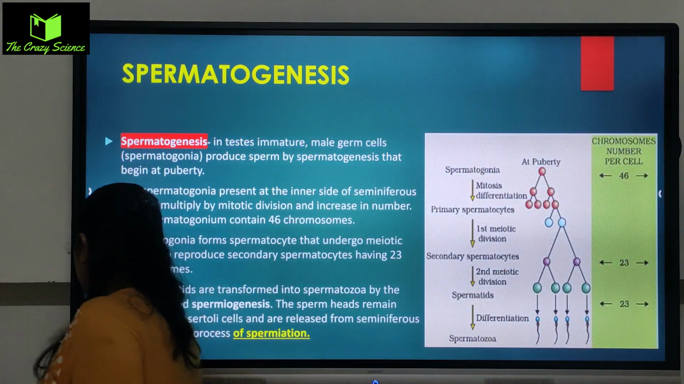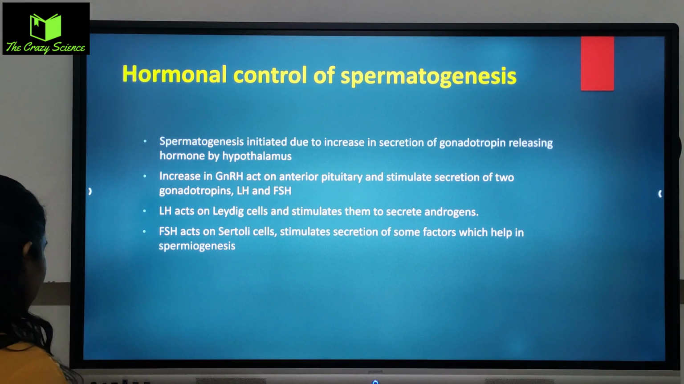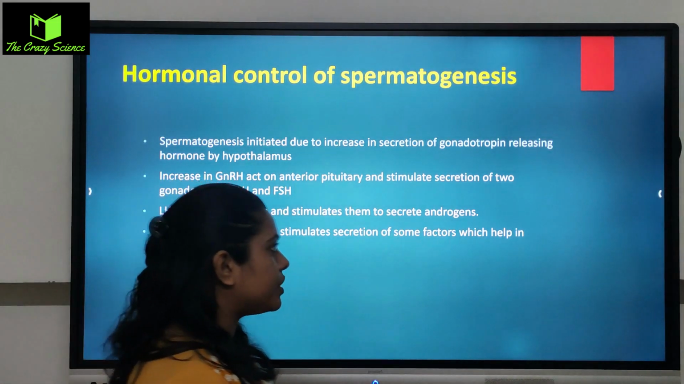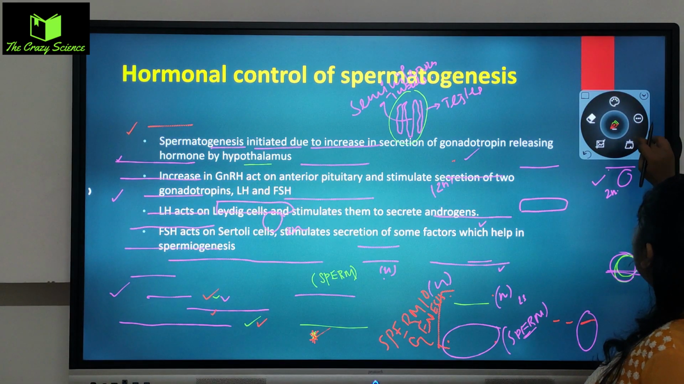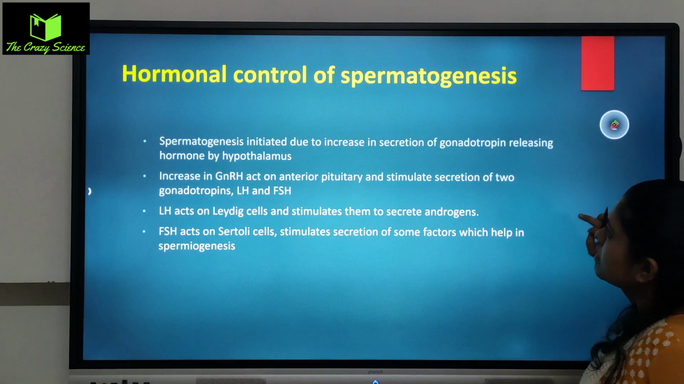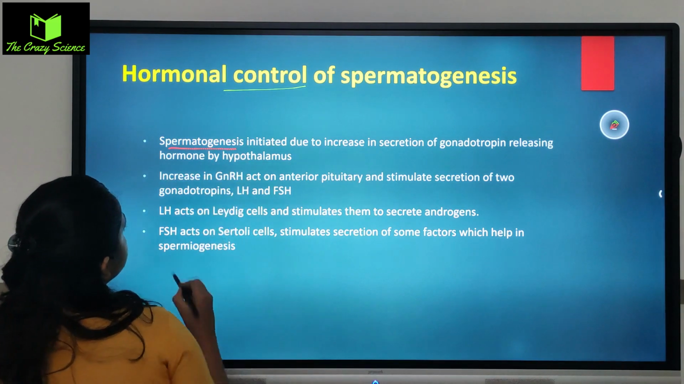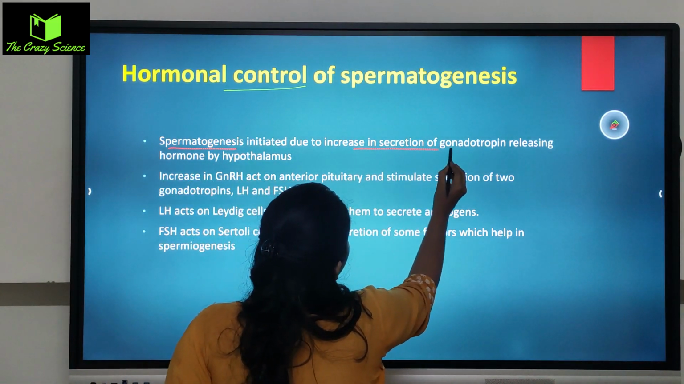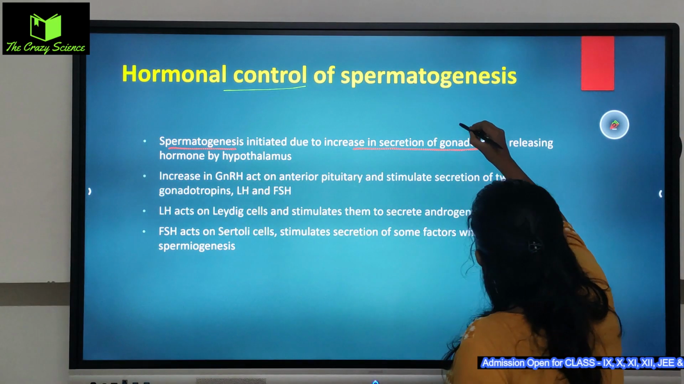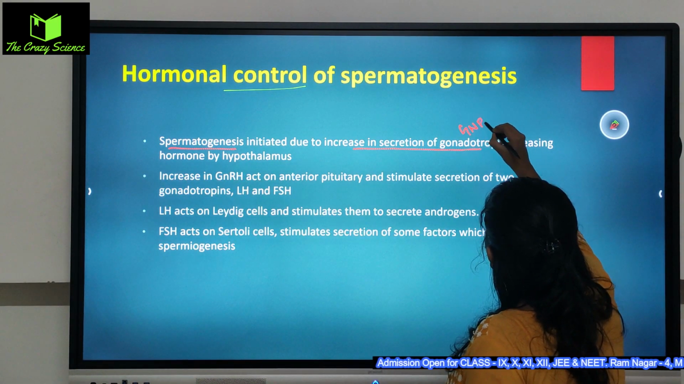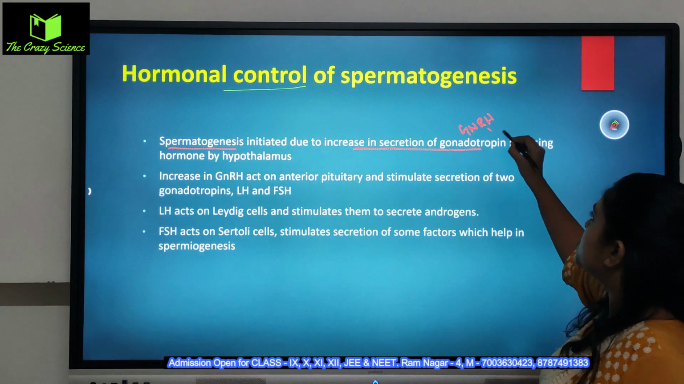Now I will move to the next one, that is the hormonal control. Basically we had to see how the sperm is produced. Now we will see how the hormones actually work. Okay, how the control is happening in the male body. So spermatogenesis is initiated due to the increase in the secretion of gonadotropin releasing hormone by the hypothalamus. Gonadotropin releasing hormone we call GnRH. Okay, they are responsible to